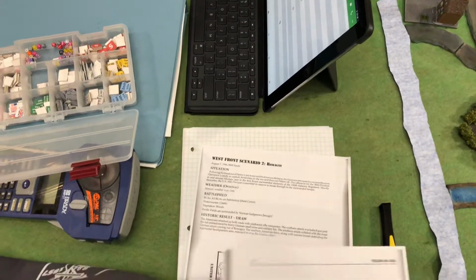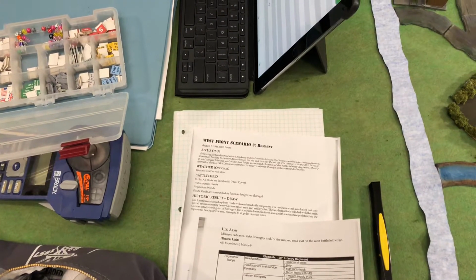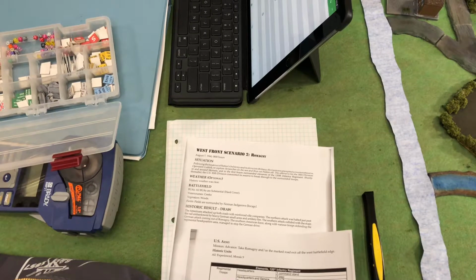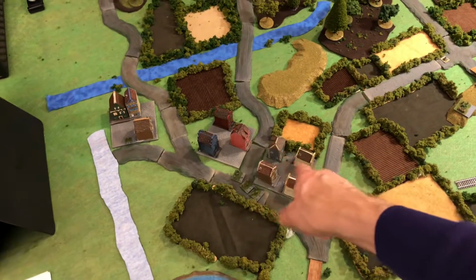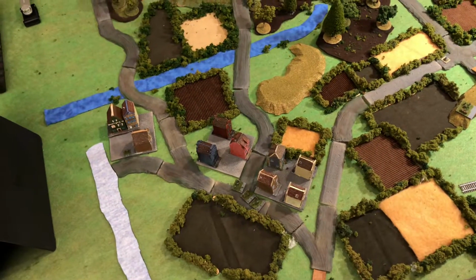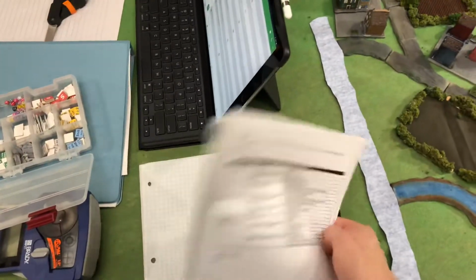Victory conditions are. U.S. Army mission: take Romani and/or the marked road exit off. So they have to take this here or this town, which I believe is both of these hexes, which I was like, yeah, I'm not doing that. I'm taking that road. That's easy. The Germans...